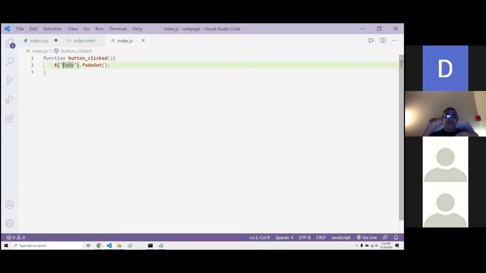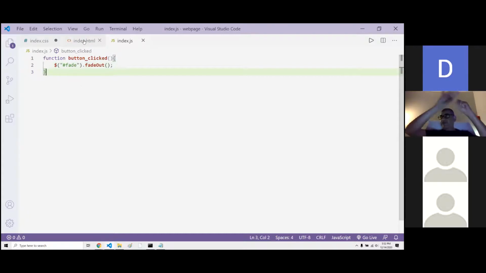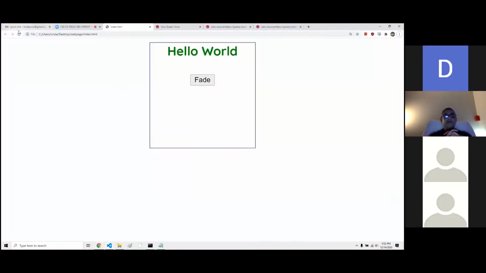Because it's a name fade, right? Hash fade. So you're saying search the tree for everything that has the name fade and give it to me. And then the dot basically says, now apply that function to all of those objects. That's basically what it says. Now, when you save this and run it, hopefully, if everything works, you click that and there you go,